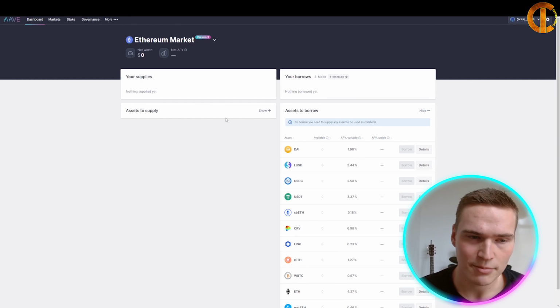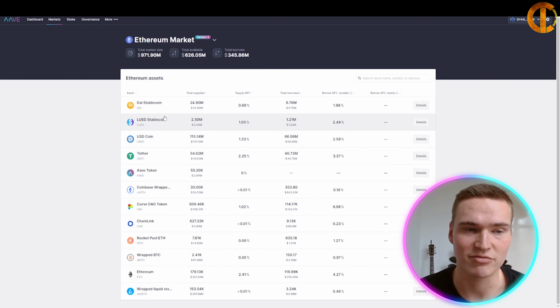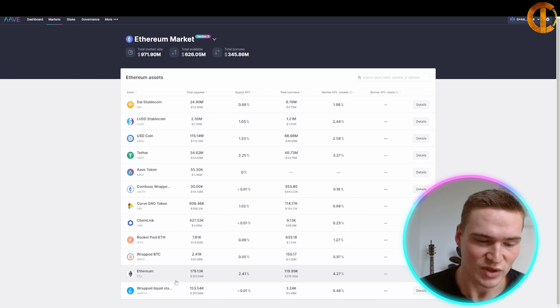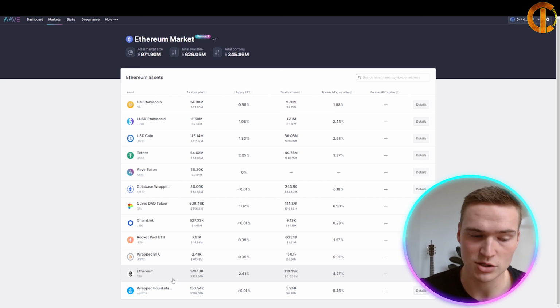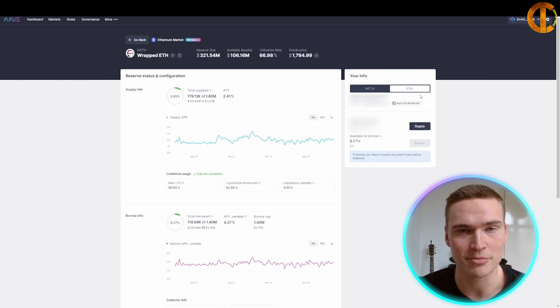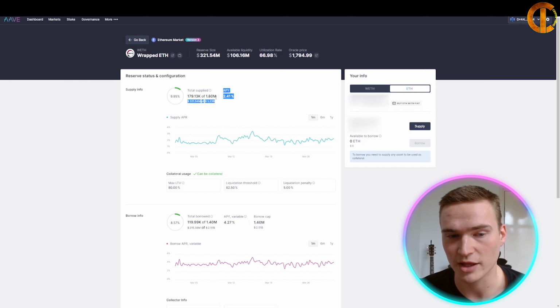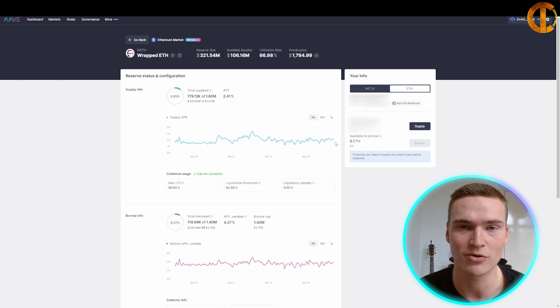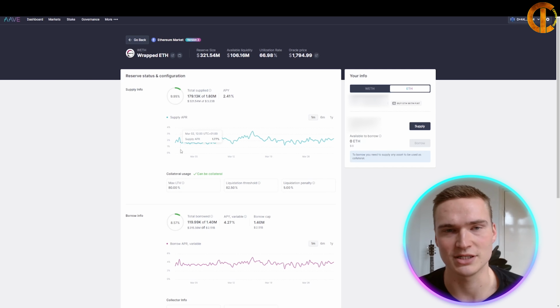Aave. If you go to their app, you can see right here at markets, you can see different percentages and different cryptos. So what you can basically do is, for example, if you want to farm liquidity, so add liquidity and get rewards on that, you click Ethereum, and then here on the right, you can supply Ethereum if you have that in your wallet. You'll first need to connect your wallet, obviously, but then you can supply crypto and you can see what type of percentage you get. And then you get 2.4% right now on top of your Ethereum, and that way you can earn passive income with Ethereum using DeFi platforms.